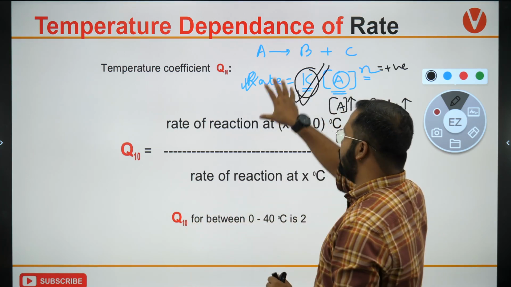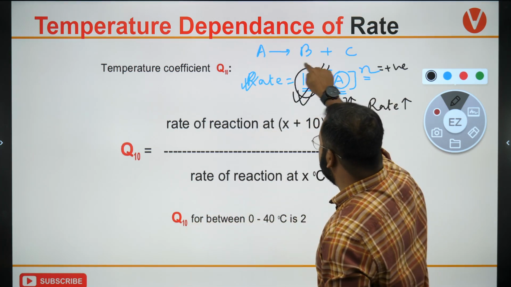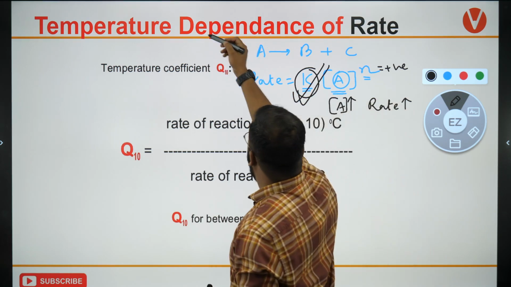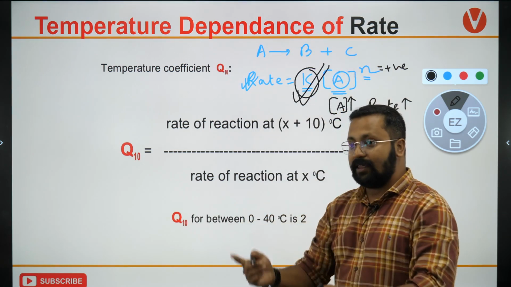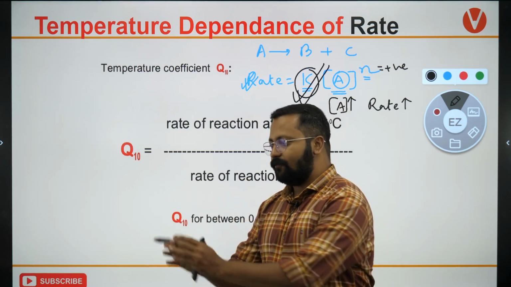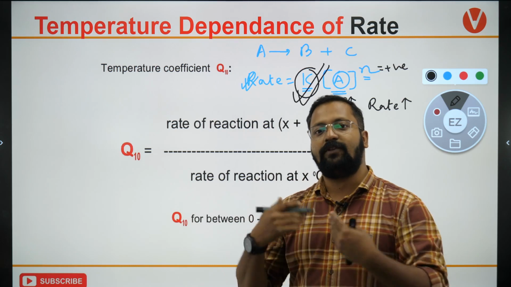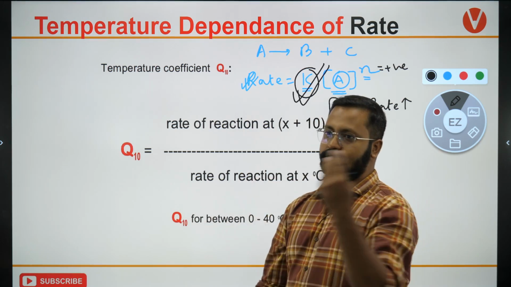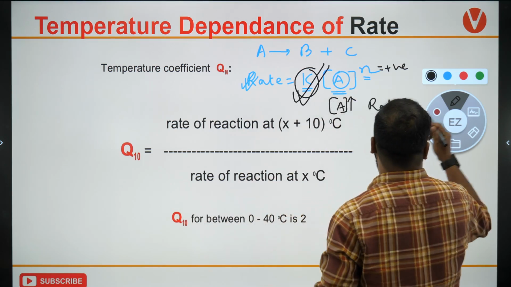Okay, try to understand. The rate changes because the rate constant changes. So temperature dependence of rate is nothing but the dependence of rate constant on temperature. If rate constant is changing because of the influence of temperature, the rate will also change. Clear? Now, how do we